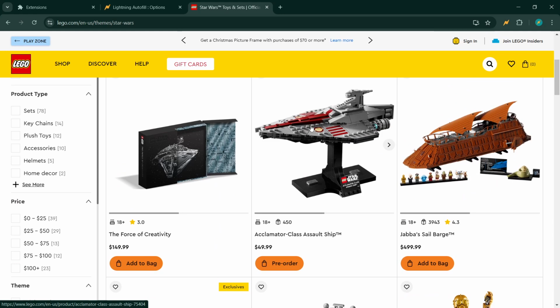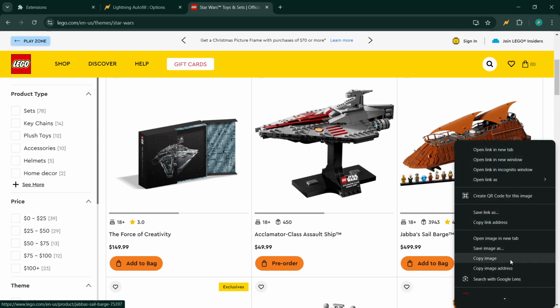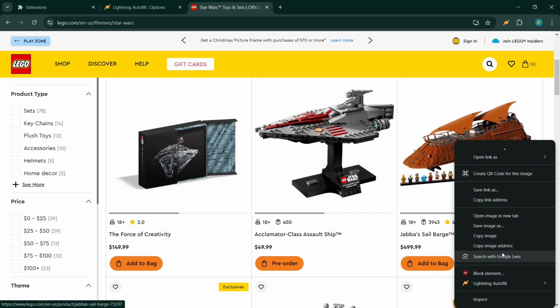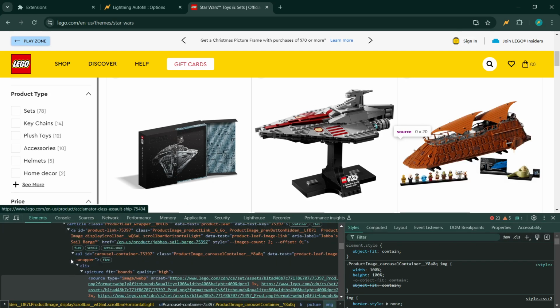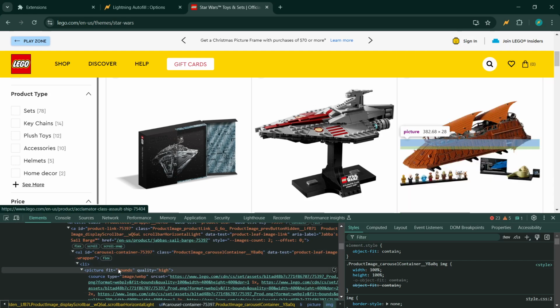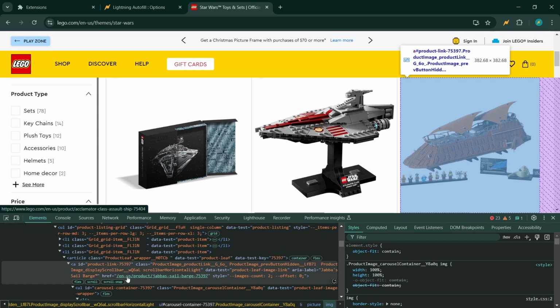So imagine you own, let's pick a very expensive set like this, because you have a lot of toys. This is a part that can get tricky if you're not familiar with HTML.